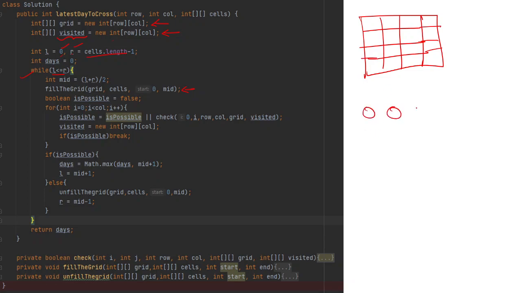and this is our cells. We pick up the mid one and we fill the grid with the value of the cells from 0 to mid. So suppose this is the mid, these 4 values we will fill in the cell. Suppose we have filled these cells. So after we have filled these cells,